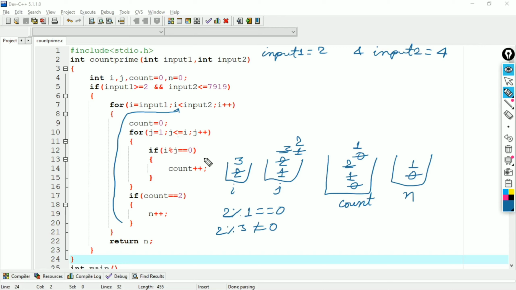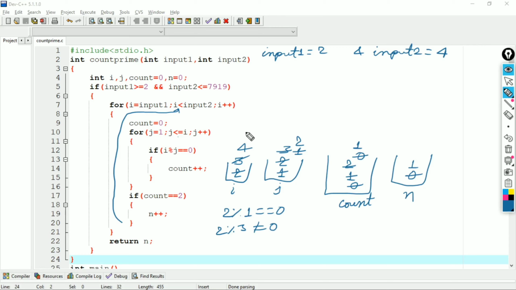That's why condition is false. We will again come out of the loop. Now if count equal to 2, here we can see that count equals 1. So condition is false. We will come out of the loop and check another condition: i is less than input 2. Here 3 is less than 4. Condition is true. So i plus plus.